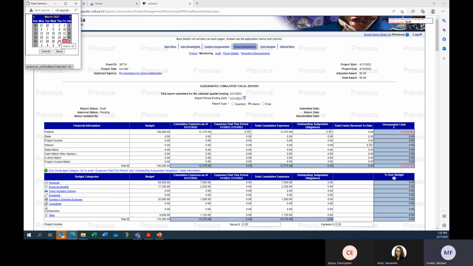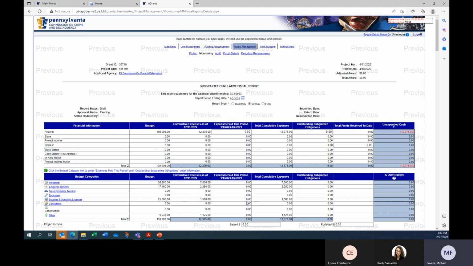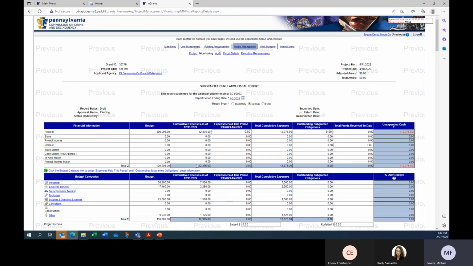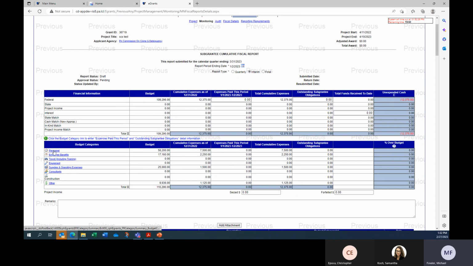I personally like to put it back towards the beginning of the quarter in case you had any other changes, but let's put it back into January 2nd, and we'll write it right there. And again, if we're filing an interim report, we can go ahead and enter this amount in.